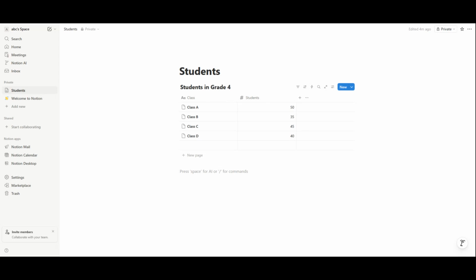In this video, I'm going to show you exactly how to sum a column in Notion, step by step, using a database. This is one of the most useful features in Notion if you're tracking numbers like expenses, grades, hours worked, budgets, or any kind of totals. By the end of this tutorial, you'll be able to quickly calculate sums in seconds without using formulas or external